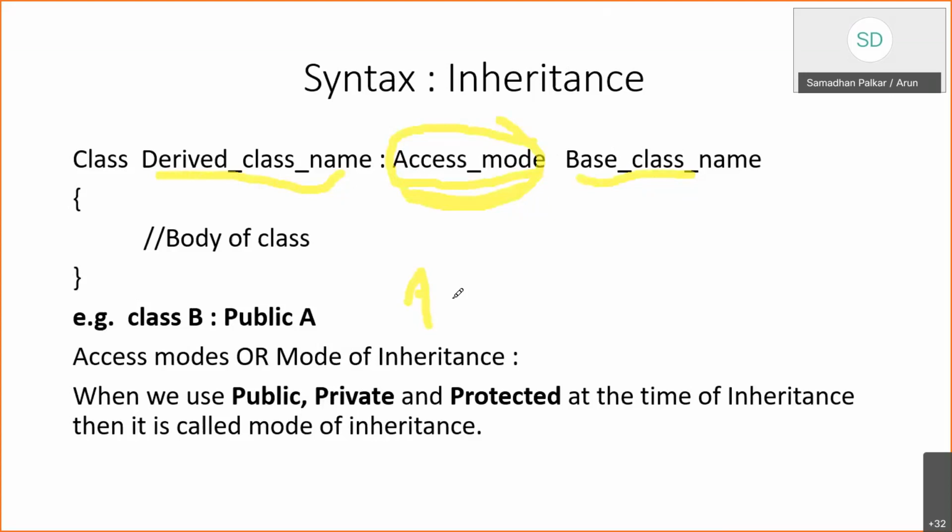So this is the median between public and private. You can access them, but in a controlled way, right? For that, you need to mention a derived and base relation. Then only can you access those protected members, right? Public data members can be accessed anywhere just by creating an object. Private members you cannot access outside the class, but inside the class you can access them in member functions as well, right? So this is about the syntax of inheritance.